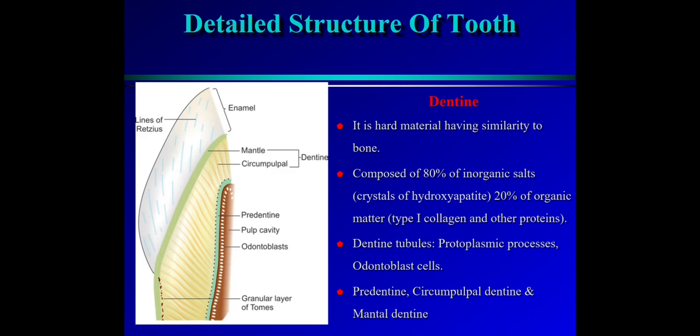The newly formed layer shows the absence of mineralization. It is surrounding the pulp cavity. Here the pulp cavity is there, and here the odontoblast cells are there. These odontoblast cells lay down the dentine material. This newly formed dentine material lines the pulp cavity and is called the predentine, which is faint green in color, that is the predentine material.